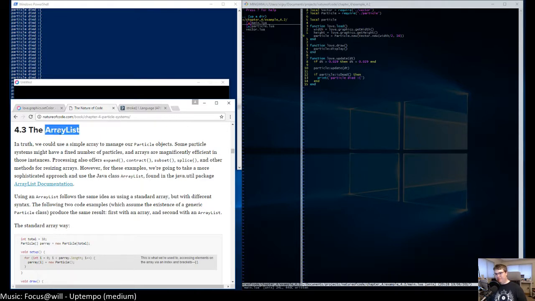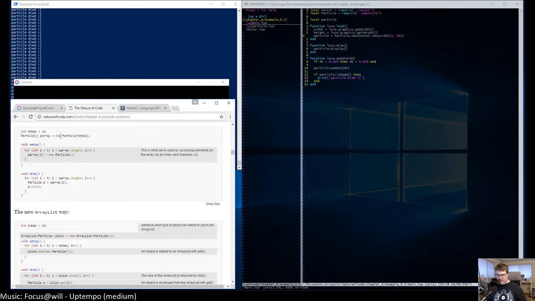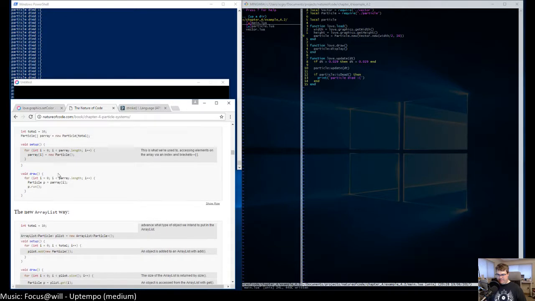They have to use an array list to be able to add an unknown quantity of these things, whereas I can just use a table. We're a little bit higher level in language, so I'll just set a table and add things in.